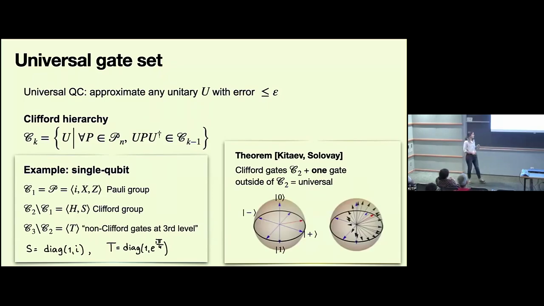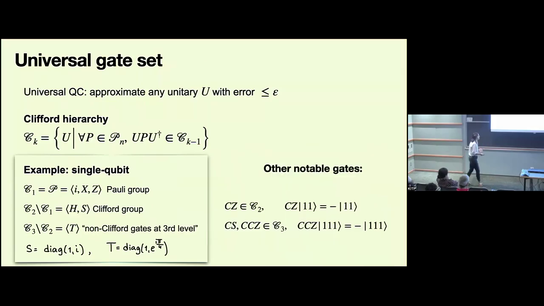So the point is that the Clifford gates are a very nice group, but they're vastly not enough. And luckily, only 1 more incommensurate rotation is needed in order to complete a basis for the universal gate set, and that's what we care about. And then when it comes to multiple logical qubits, of course, there are more gates, but there are not too many that we need to care about. So when it comes to the Clifford group, there's just 1 additional 2 qubit gate that we care about, which is a control Z. So it's a diagonal gate that only gives a nontrivial phase if both of your qubits are in state 1. So it gives a -1 phase.